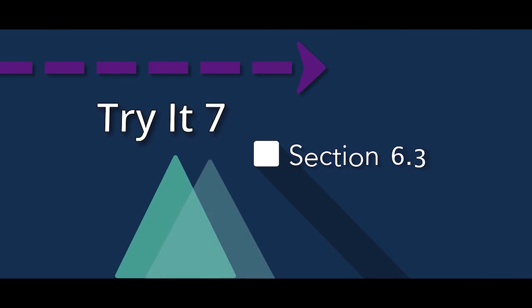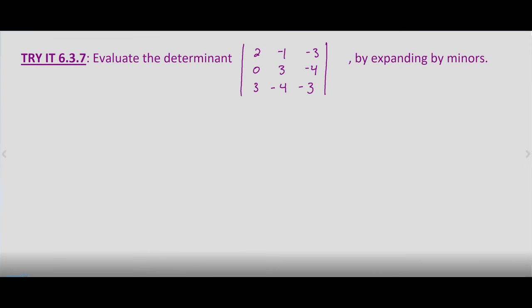So now we're looking at expanding by minors, but we get to choose whatever row that we want. The issue is that we have to remember signs, they alternate by row. So with our first row, if you'll remember, it was plus, minus, plus. So with our second row, which is what I'm going to choose here because we want to use whatever is